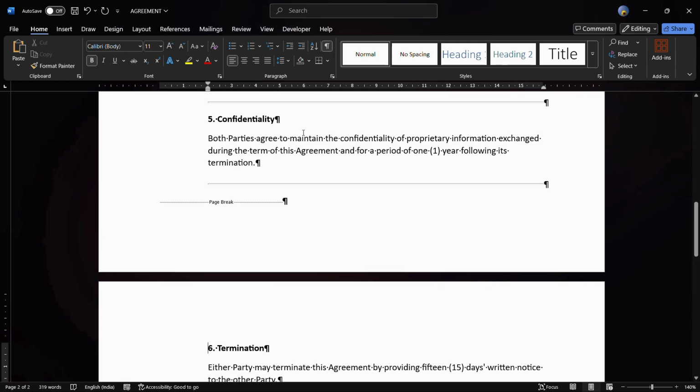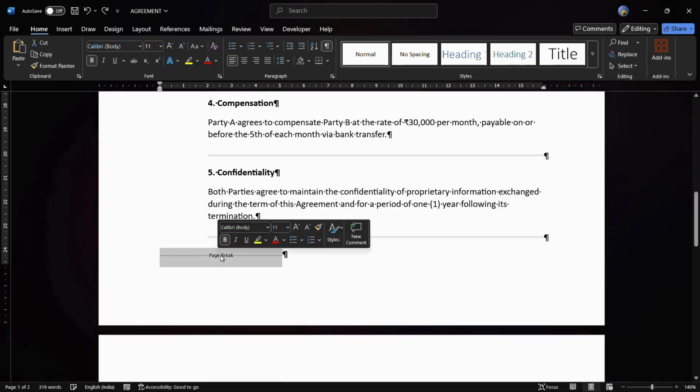So simply click onto this show button, and here you can see this is the page break. So don't worry, it is not embedded into your document. It is just a representation which implies that this particular page break has been applied at this particular position. So in case you want to remove any page break, simply double click onto this page break